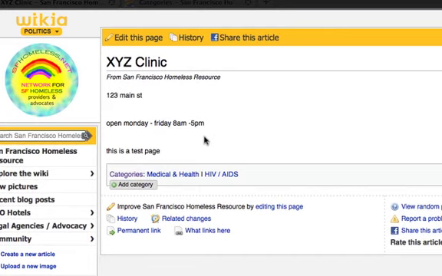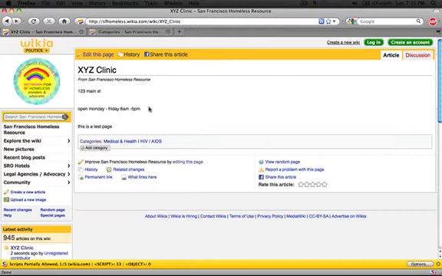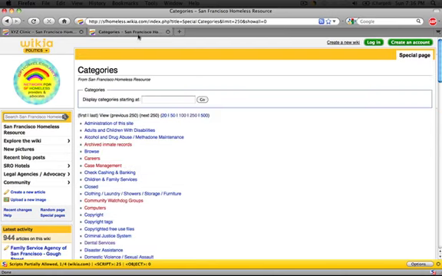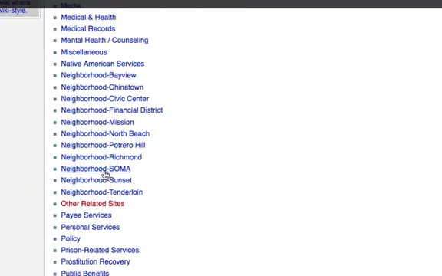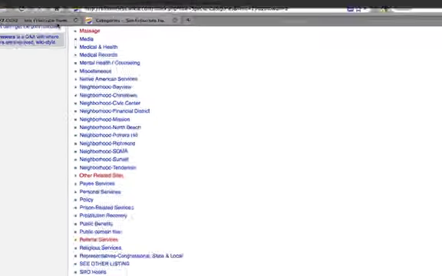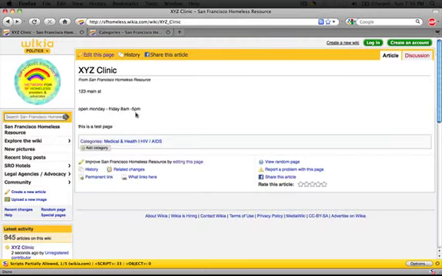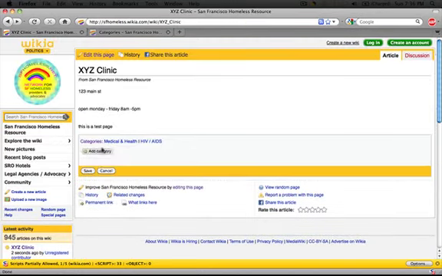And now you can see, here's our new agency name, here's the description that we entered, and here are the categories that are associated with it. Let's say that we want to add one more category. Let's say that our clinic is in the neighborhood south of Market. We'll go back to the category page, look under Neighborhood, Neighborhood-Soma, come back to our agency page, click Add Category,